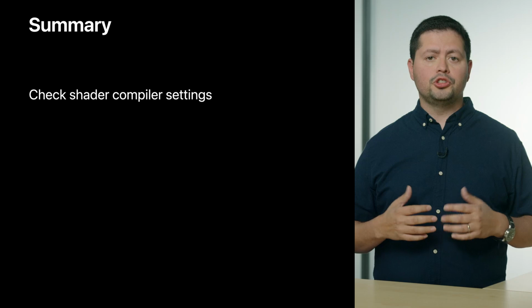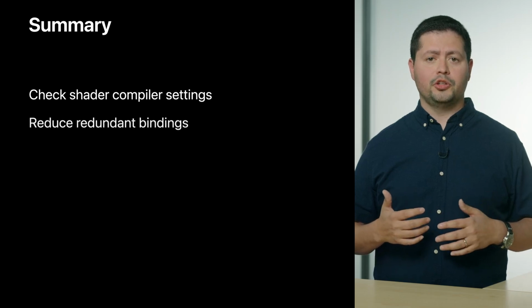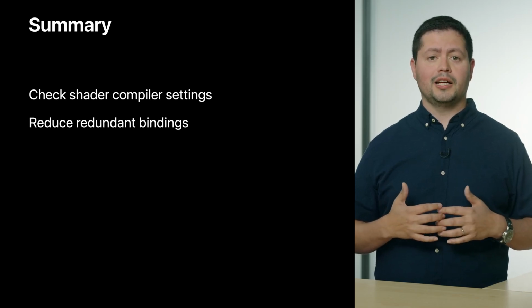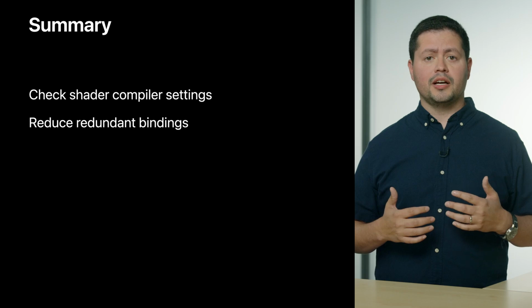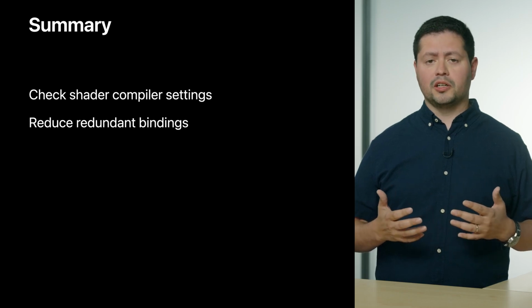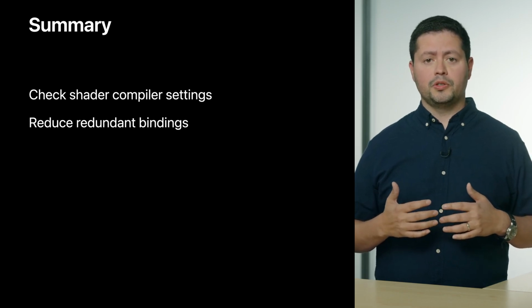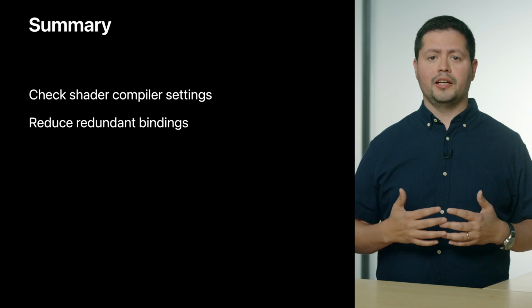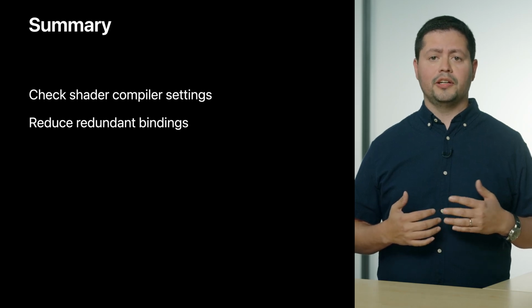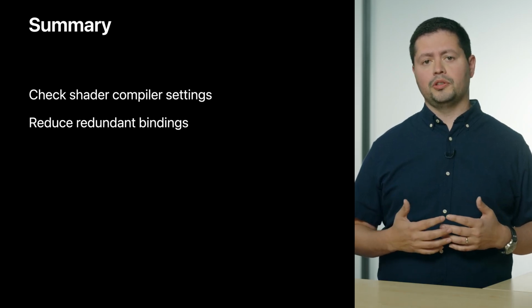First, if you're using a custom workflow for shaders, you should check your compiler settings to ensure you are using the best options for your Metal applications. And if you see a lot of redundant binding warnings in the Metal debugger, I showed you a technique to reduce encoding and GPU time overhead, which you can apply either to your engine or the translation layer that you are using. And now, I'd like to hand it over to Dustin, who's going to talk to you about Divinity